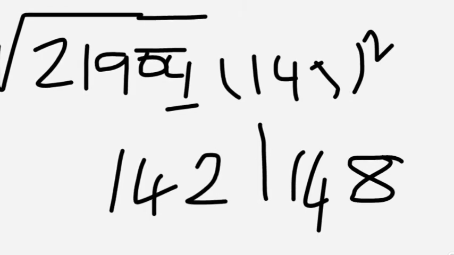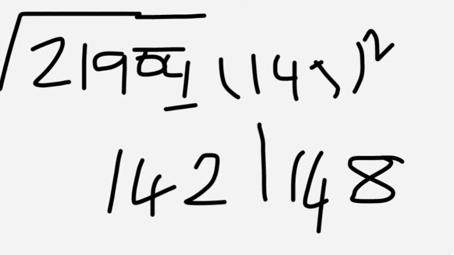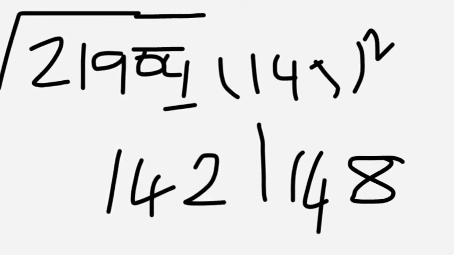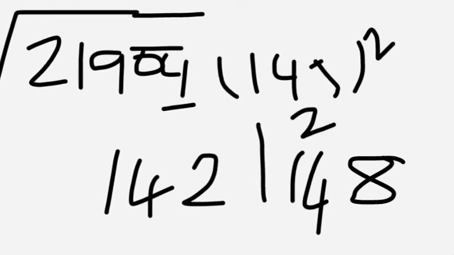Just take the successor of 14. Successor of 14 is 14 into 15. We already discussed how to multiply two consecutive numbers easily. For 14 into 15, just take the small number, square it and add the small number. 14 square is 196, 196 plus 14 is 210, and add the suffix 25.